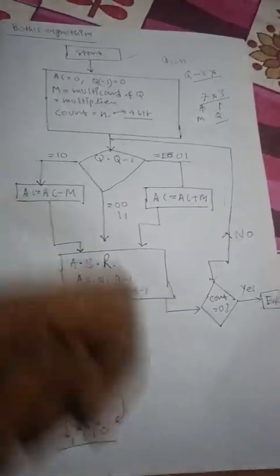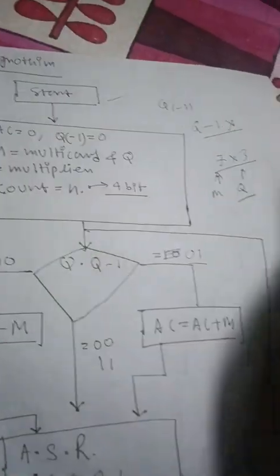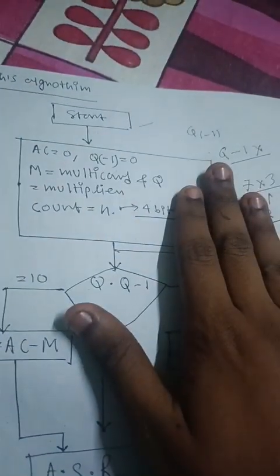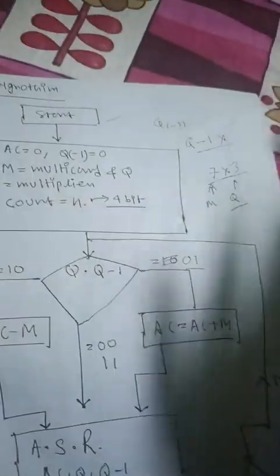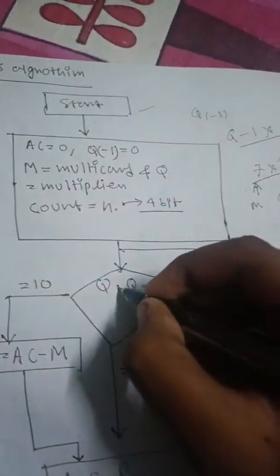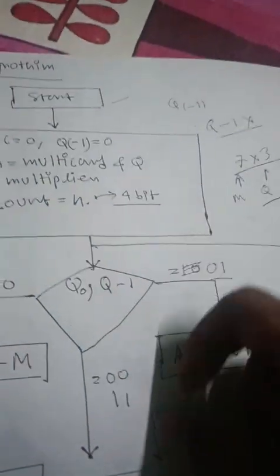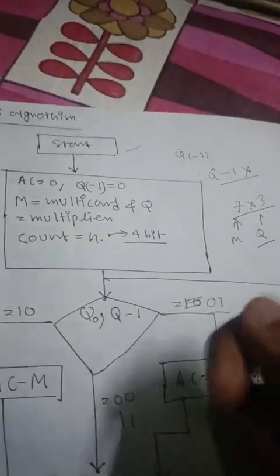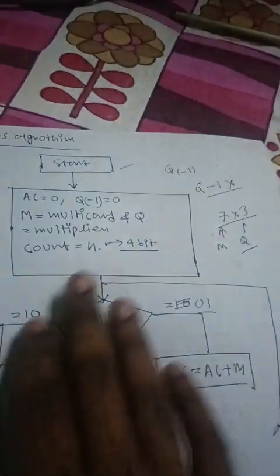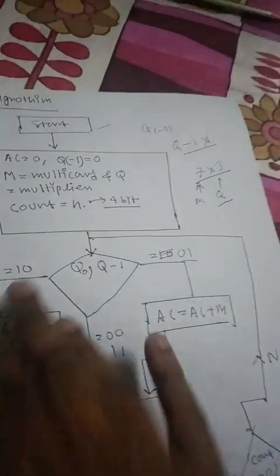Yes, so I hope you see it. So let me explain it further. This part is done, so then the next part comes. It is not a multiply sign, it's more like a comma, you can consider. It is q naught, q0 and q minus 1. What is q naught, what is q minus 1, we will see, and you will understand the flowchart better